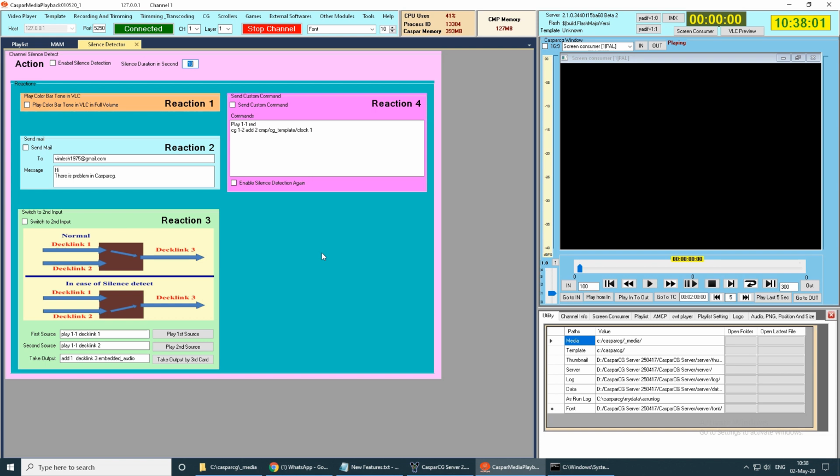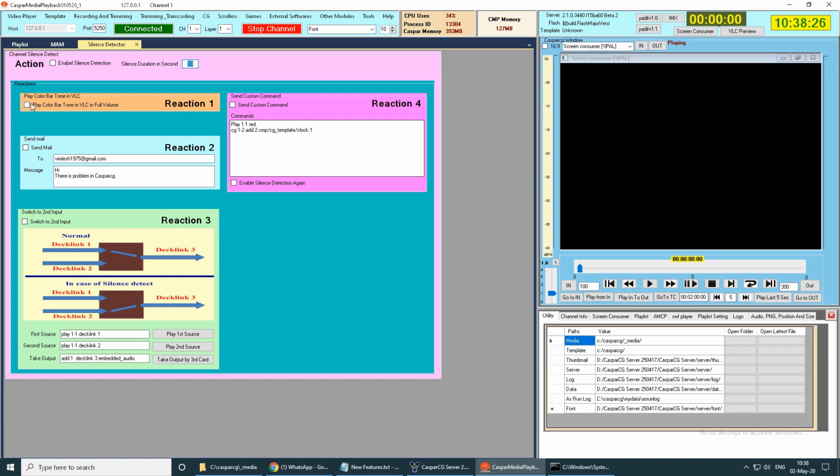I made this client much before, and now I have added one send custom command. This client works like this: if there is more than 10 seconds of blank in your input on this Casper CG, it will act.